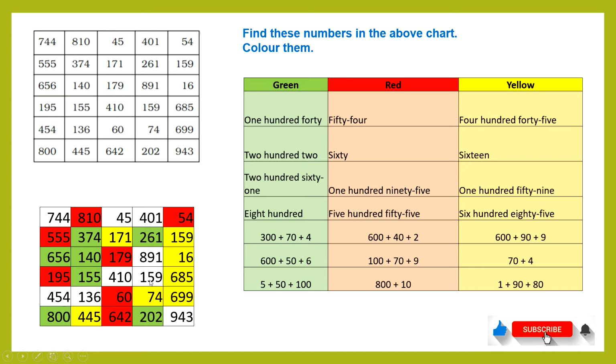Your table should look like this. And if you look at this example, here we have picked a number from green, 370 plus 4, and we have created it as an addition problem. How did we create it? 4 is written below the ones place. 4 is only one digit, so it is in the ones place. It is written below the 0 from 70 and the 0 from 300.